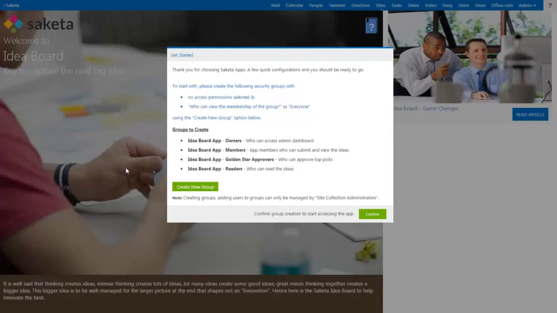Once you install the Idea Board application, this is the screen that you will be greeted with. Before actually delving into the application, you will be asked to create four groups. These groups are based on the categorization that the Idea Board makes for particular users. So the Idea Board really has four kinds of users: the owners, the members, the Golden Star approvers, and the